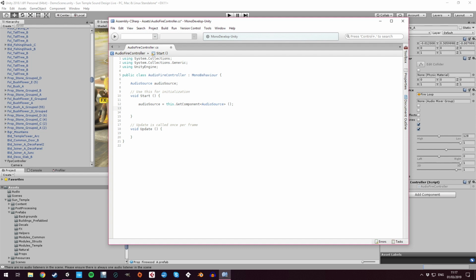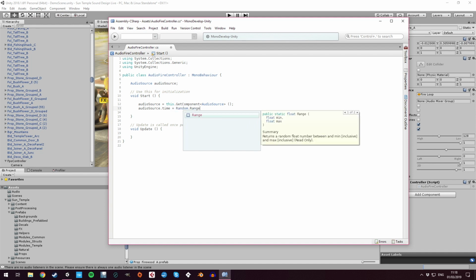So that's going to get the audio source on that object, and then once we've found it, we're going to do something with it. So what I need to do is set the time position of the audio source to a random value, so that it just starts halfway through, a quarter of the way through, anywhere through, so long as they don't just all start at the same point. So I'm going to do that by typing audioSource.time, which is the playback position in seconds, equals